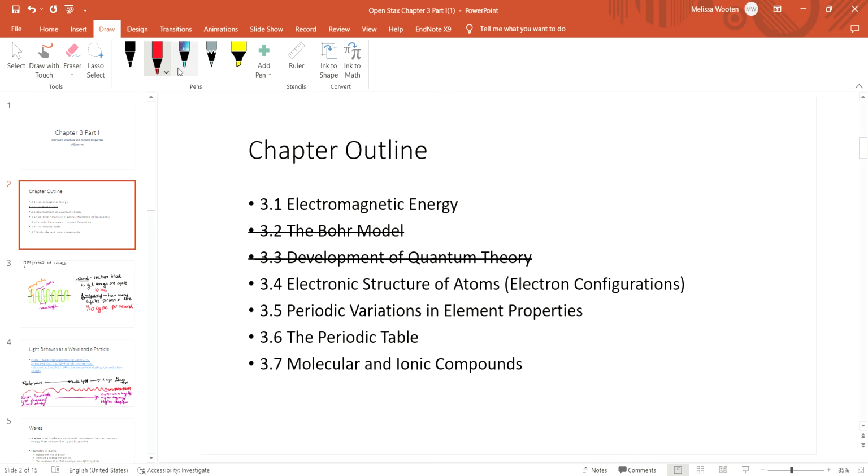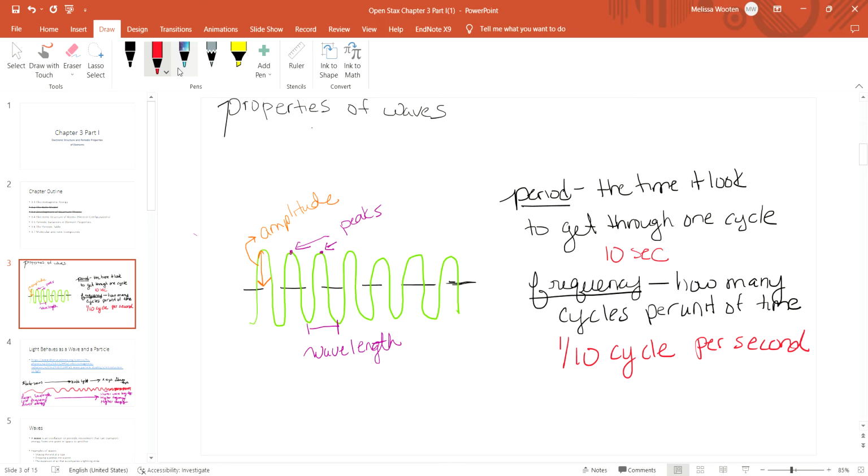And so this is just a little review of what I talked about in the properties of light video. Remember, we had terminology like amplitude, right? Going from the resting point of 0 up to the peak. It's not all the way from the top to the bottom. It's from this point right here, because this is what is considered 0. Then you have your peaks,